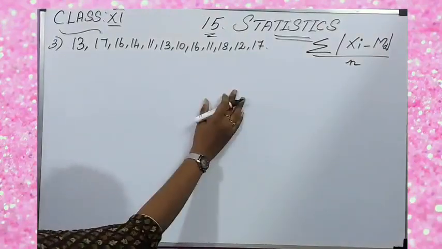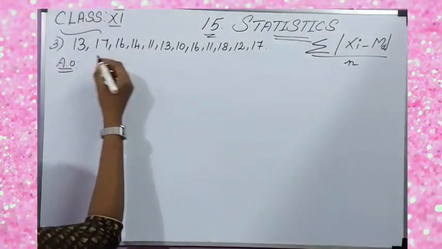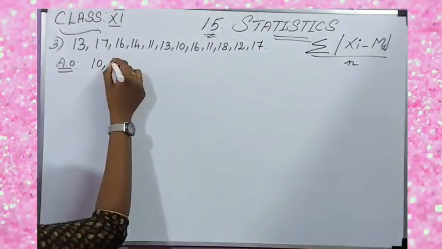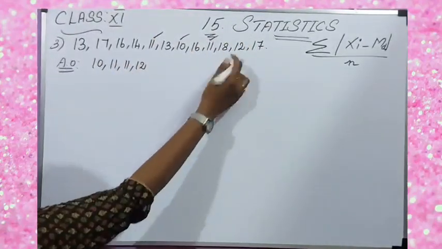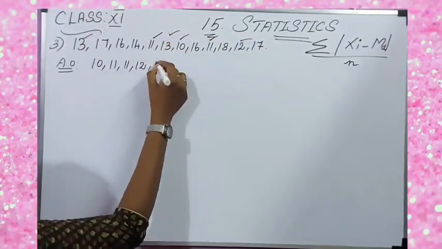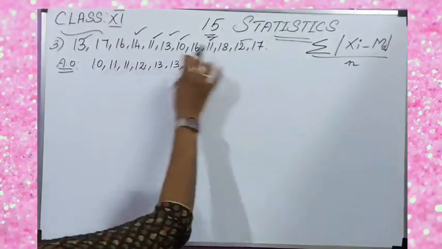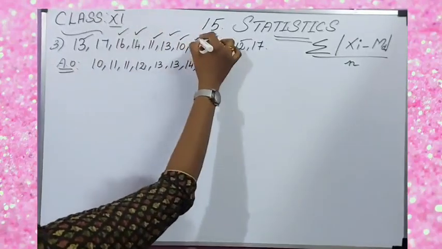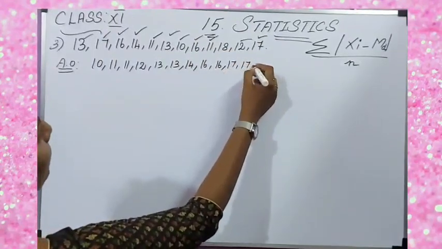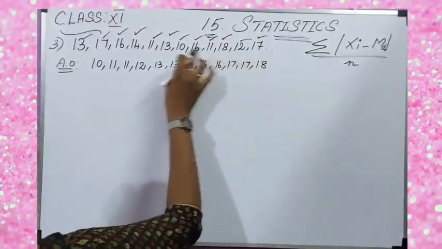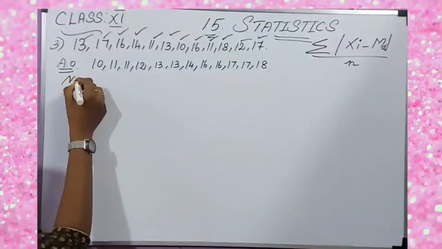So first let me arrange it in ascending order. The smallest number is 10, then 11. How many 11s? Two 11s are given. Then 12, only one 12. Then 13, two 13s are given. Then 14, one value. 15 is not there. 16 is again two. Then 17, two 17s. Then 18. So 2, 4, 6, 8, 10, 12, so the number of observations is